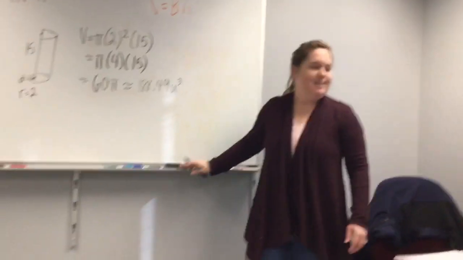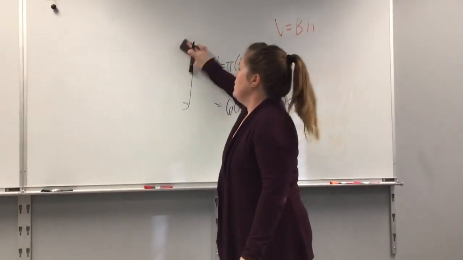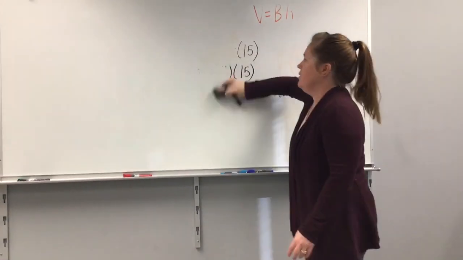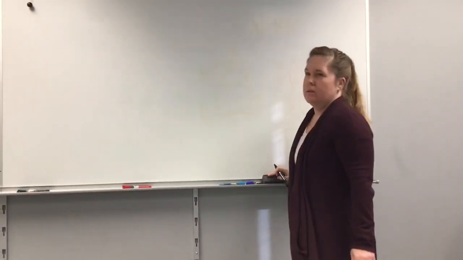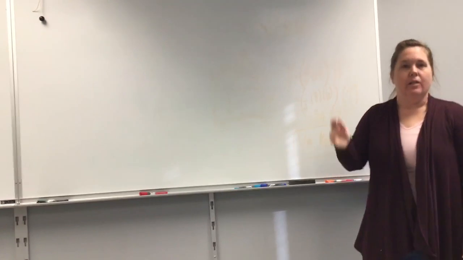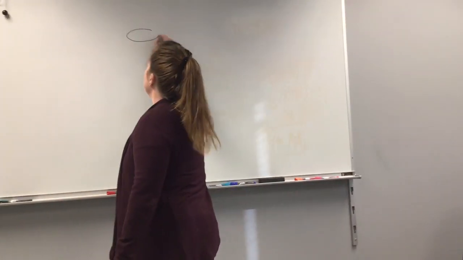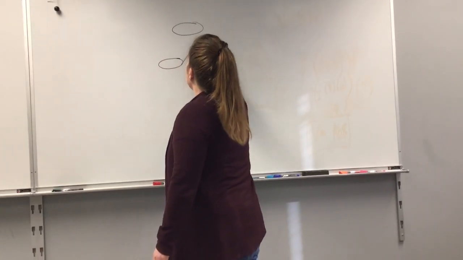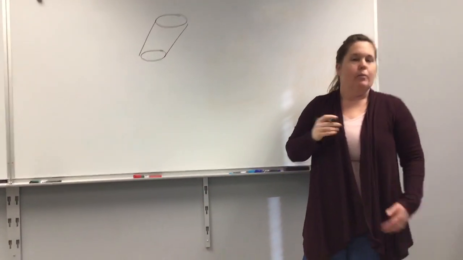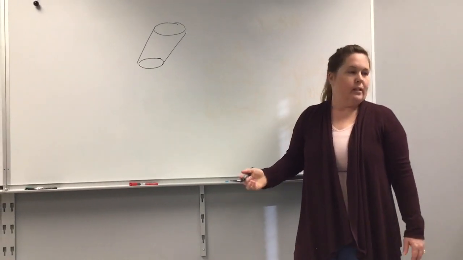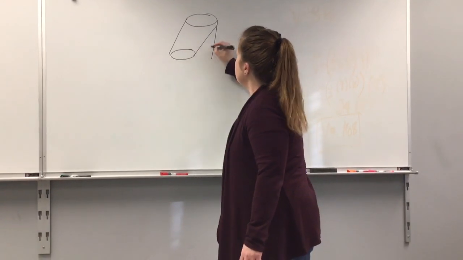Cubic units. The next example, we don't have to split it in half. However, the shape is not at a complete right angle. It is called an oblique cylinder. So an oblique cylinder is one that's at a slant, but we don't do anything different when we're finding the volume of it. So we're given this,